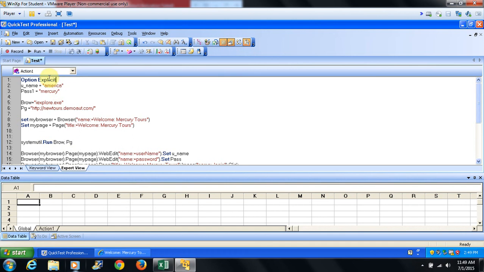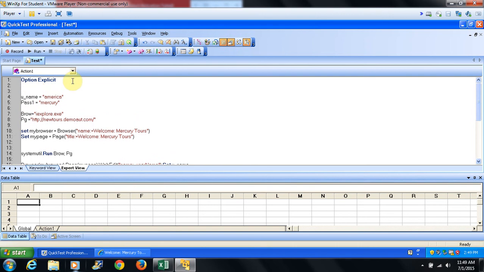If you use Option Explicit, then you have to declare all those variables using Dim. Before, I did not use Option Explicit, that's why I did not declare all those variables using Dim. But right now I'm using Option Explicit to find the error, because if you have a script of 200 or 300 lines, it will be tough to find errors in the script. So using Option Explicit, I'm going to declare all the variables in Dim, like Dim